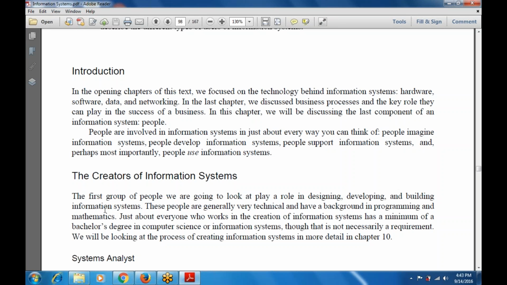These are generally very technical people and have a background in programming. That means the people involved in the information system have a technical background. Yes, non-technical users are also part of this, but